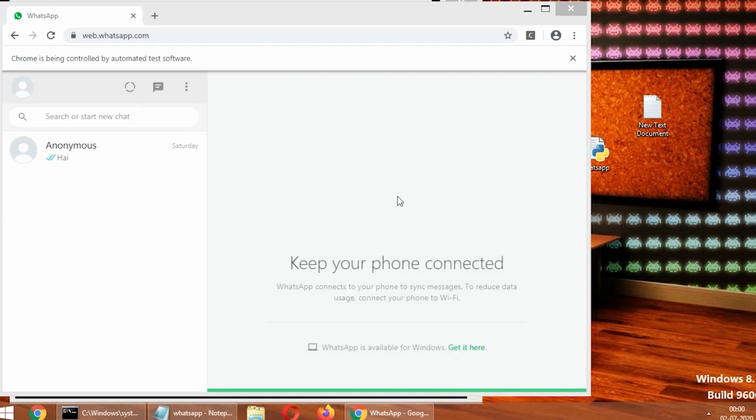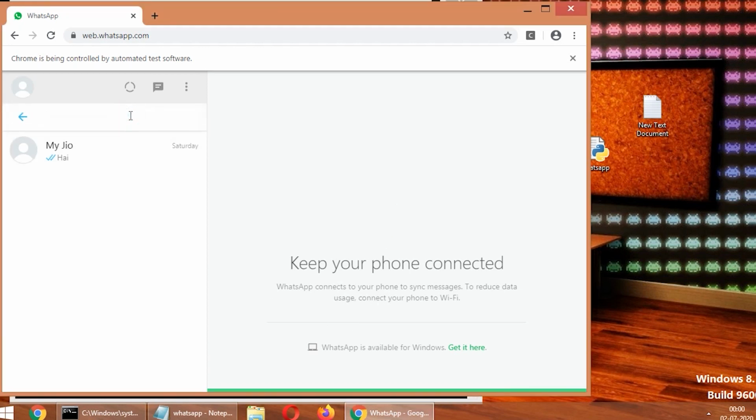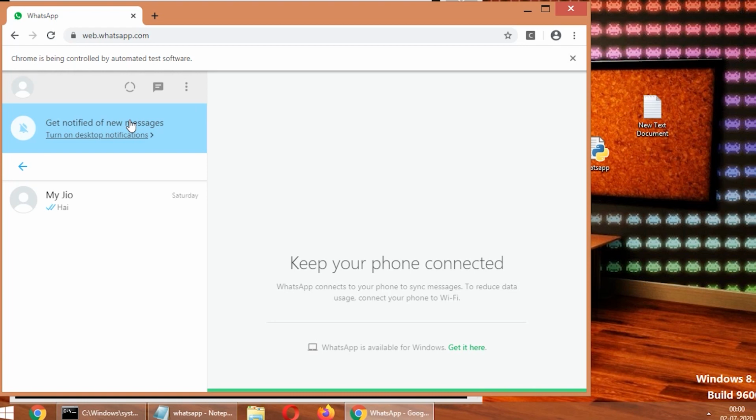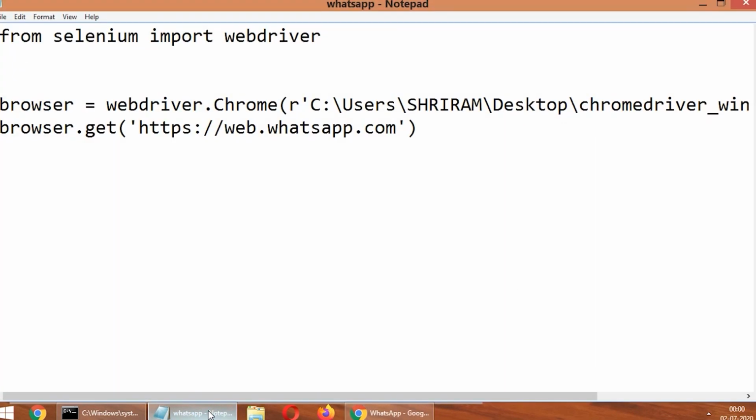Now you may see that my WhatsApp is getting opened up. Now we want to type a friend's name in the search box so that we can open the chat. For getting the friend name, I'm opening the notepad window to type the code. Give the input function. This input function will get input in the command window. So I will give a string like enter your friend name.